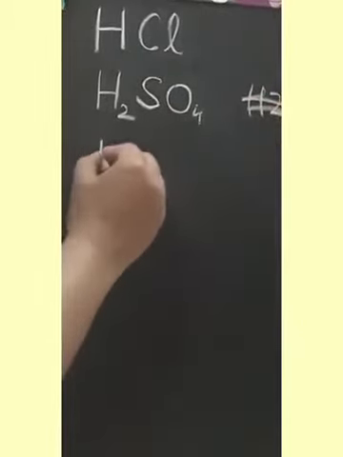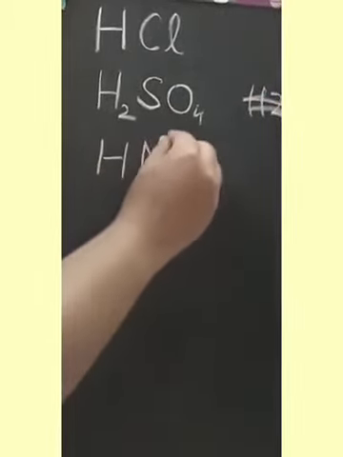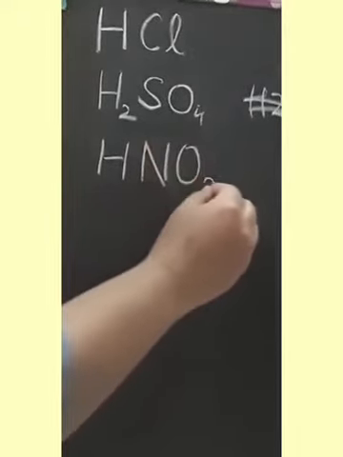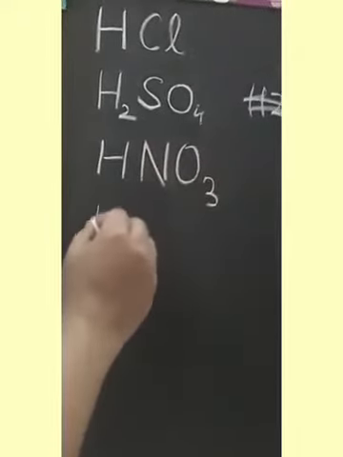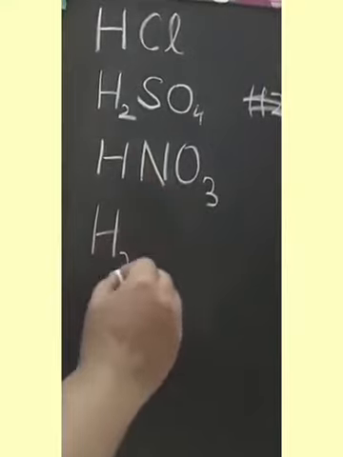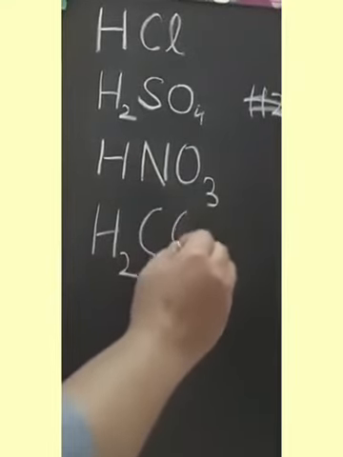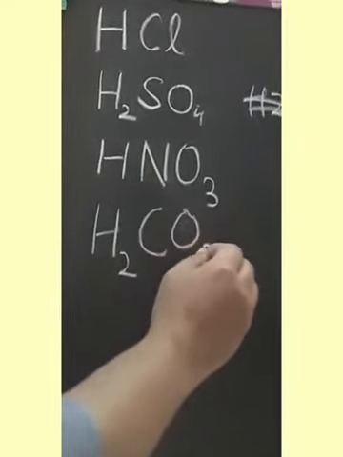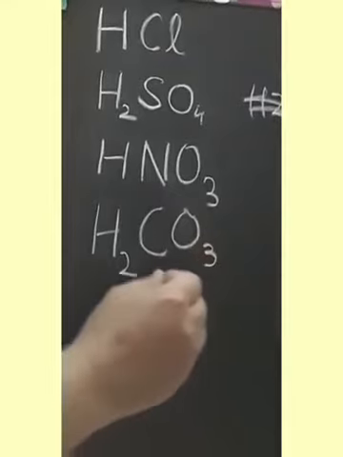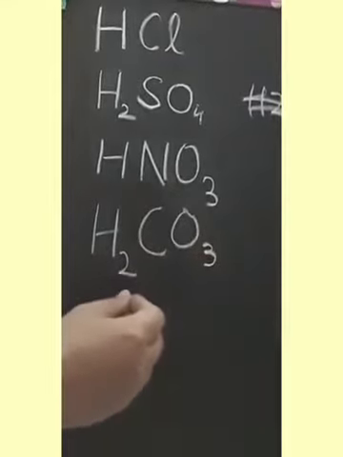Then we have nitric acid, then we have carbonic acid. These are the most commonly used acids. Now next we have bases, symbols of certain commonly used bases, and one among them is